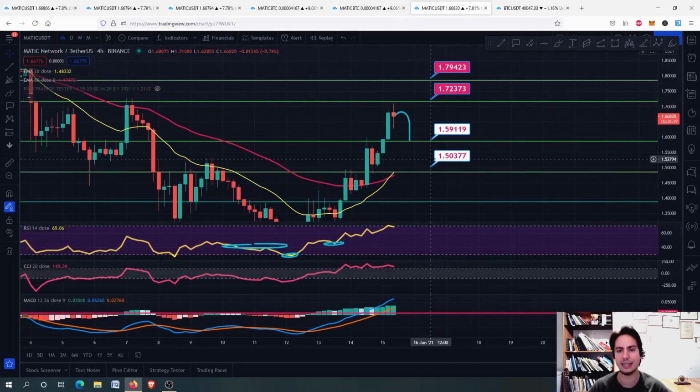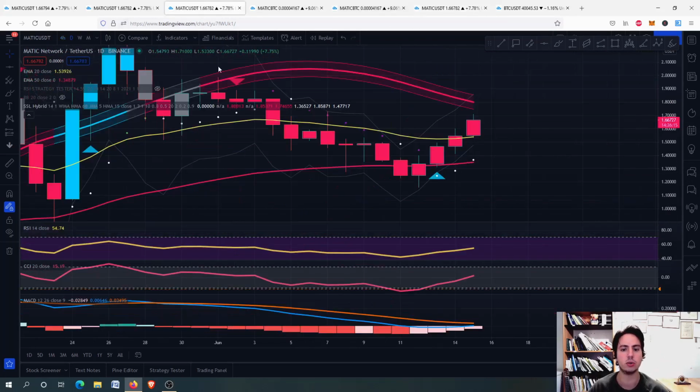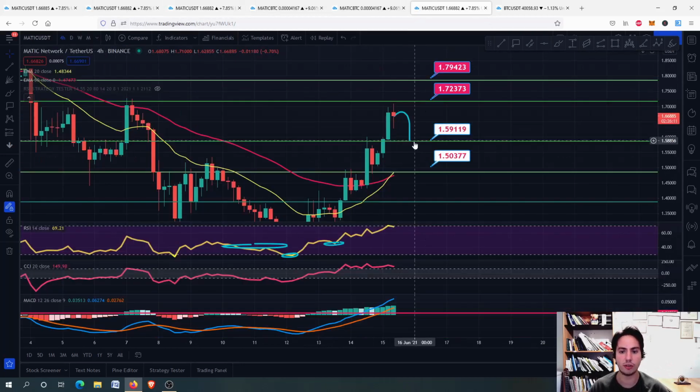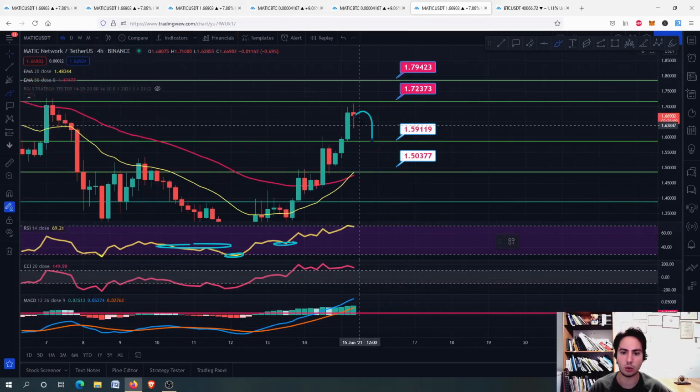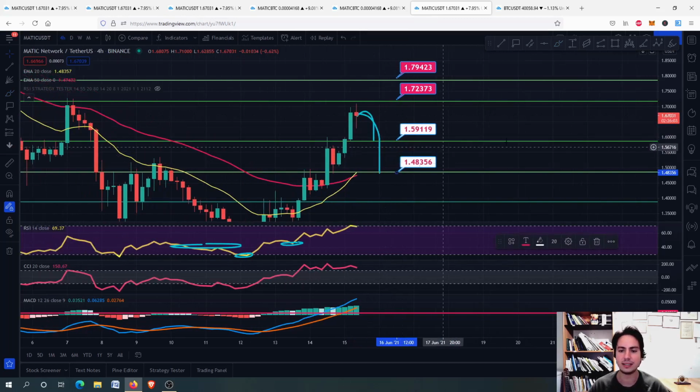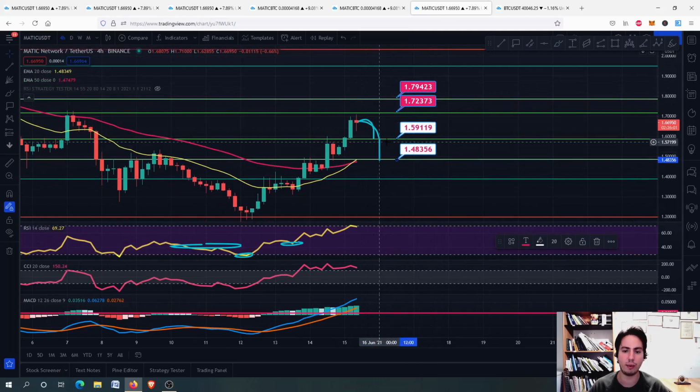For now, you can get in at a lower price, and we will see on the daily frame what we can do, because as I've told you, on the daily frame we are not in an overbought situation. So even after we have a correction here for MATIC and go even down, we might go down to 1.48 again. That doesn't mean that we are going all the way down for now.